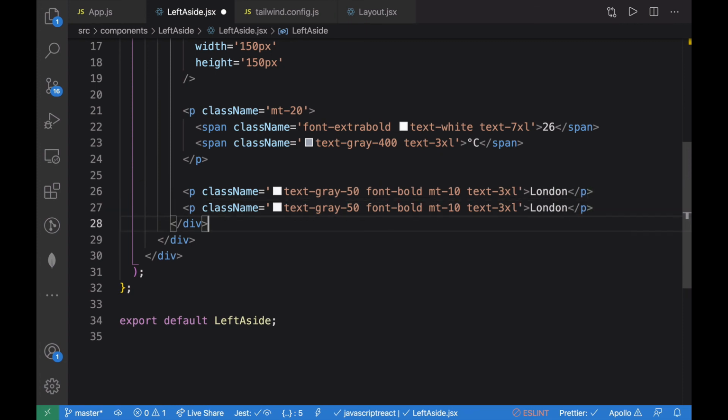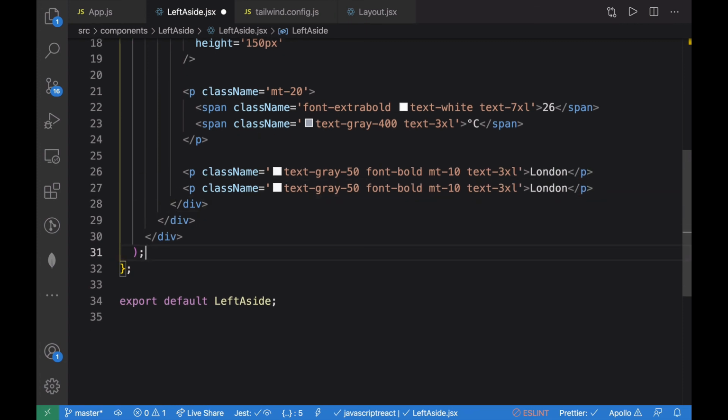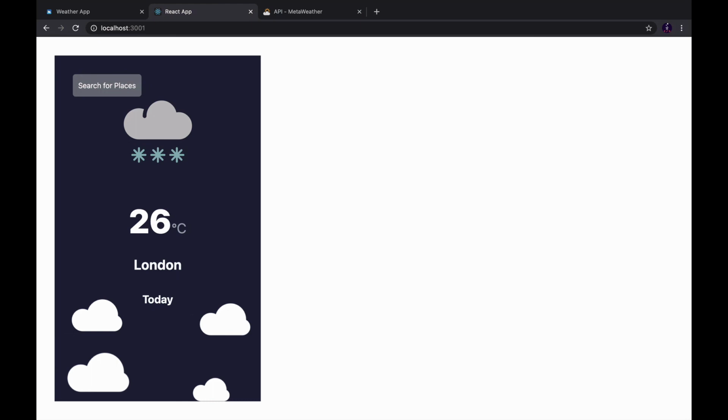And just copy the paragraph tag again, and instead of giving text 3XL, give it 2XL and rename it to today. So if I go ahead and save this, take a preview, we got the weather state and the